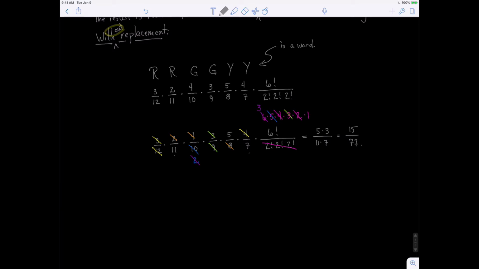There's 3 reds available, so of the 3 reds, I need to choose 2, times. There's 4 greens available, I need to choose 2 of those, times. I need 2 yellows, but there's 5 to choose from, so 5 choose 2. And then I would divide this by all the possible groups of 6 marbles that